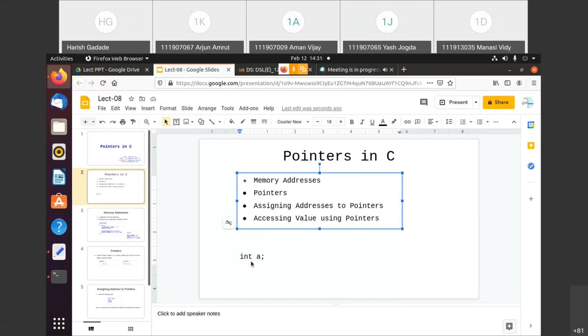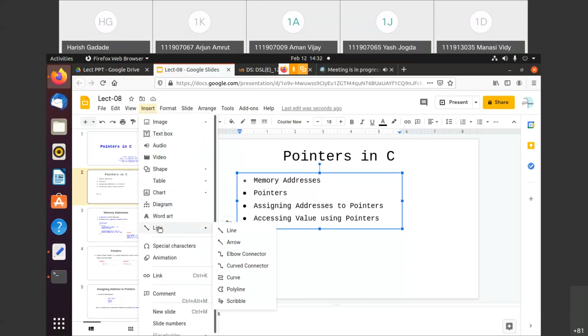Int a means, when I simply write this statement, what happens inside the computer? In memory, it reserves one block.